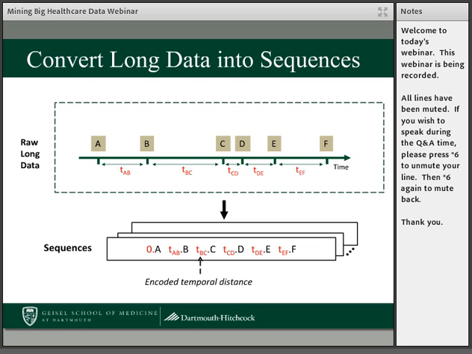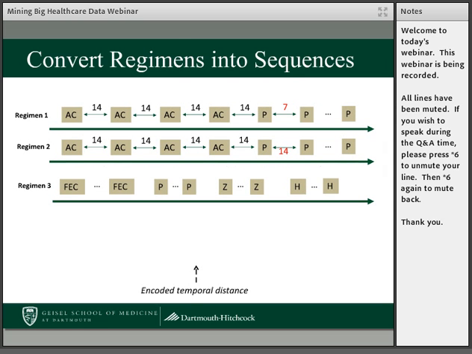This is particularly important when we try to match to treatment plans, particularly in breast cancer care. There are a number of treatment plans that look exactly the same, but they differ because of the amount of time that's supposed to occur. If we just used plain sequence alignment, we wouldn't capture these distinctions between the time between treatments. Here's an example where we have a regimen that has 2 drugs that are supposed to be given together every 14 days for 4 times, followed by another drug that's supposed to be given either once a week, as shown in the first regimen, or every 14 days, as shown in the second regimen.